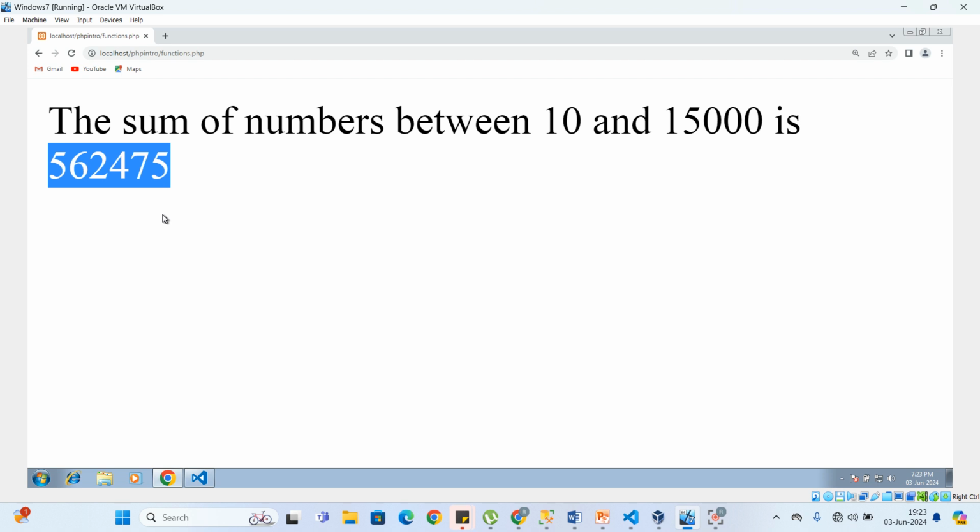Kuna swali? Is there a question? Naona miujiza. Nitaijaribu saa hii. No,